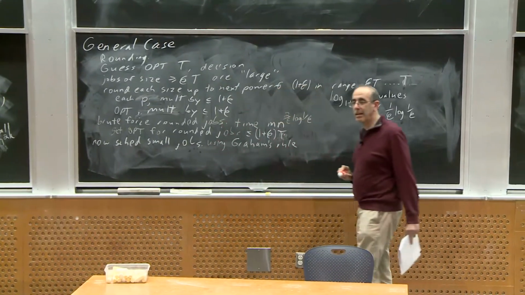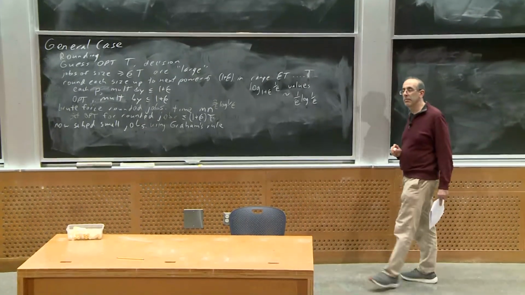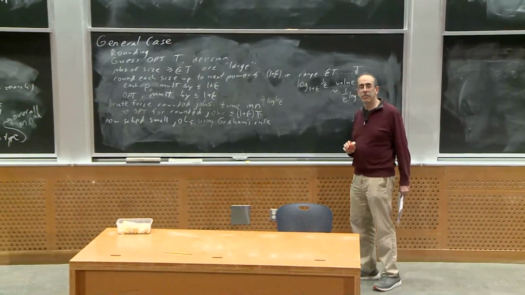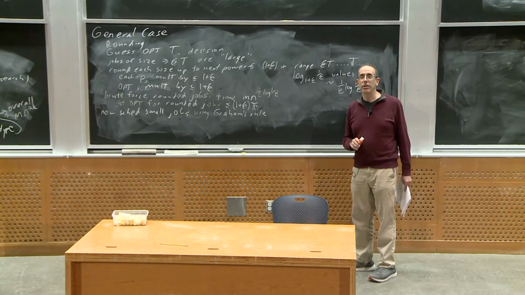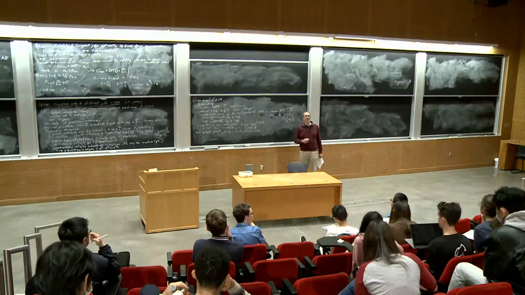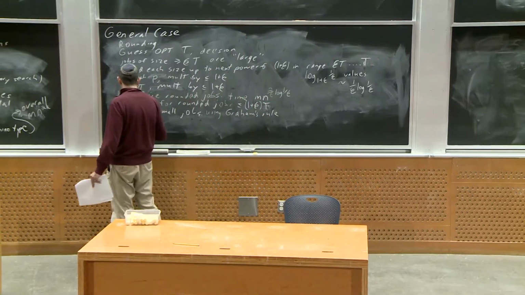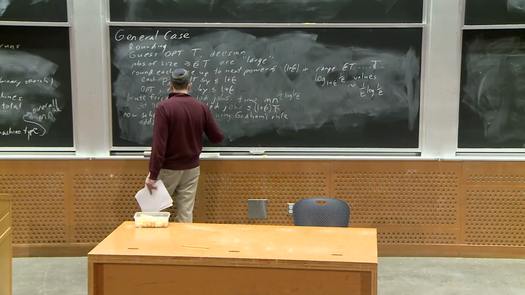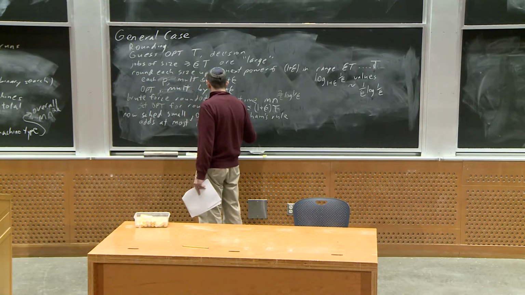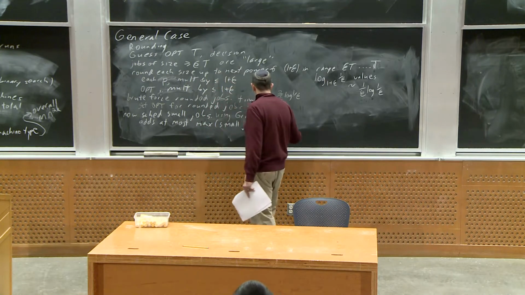How much does that add to the schedule? The answer to that question is also on the board. Exactly, right? This adds, at most, the maximum small job to the completion time,